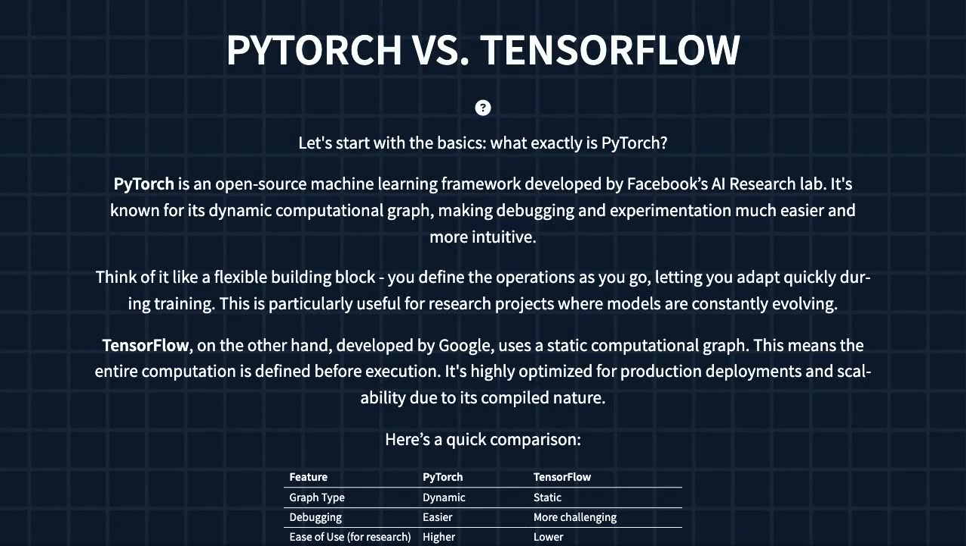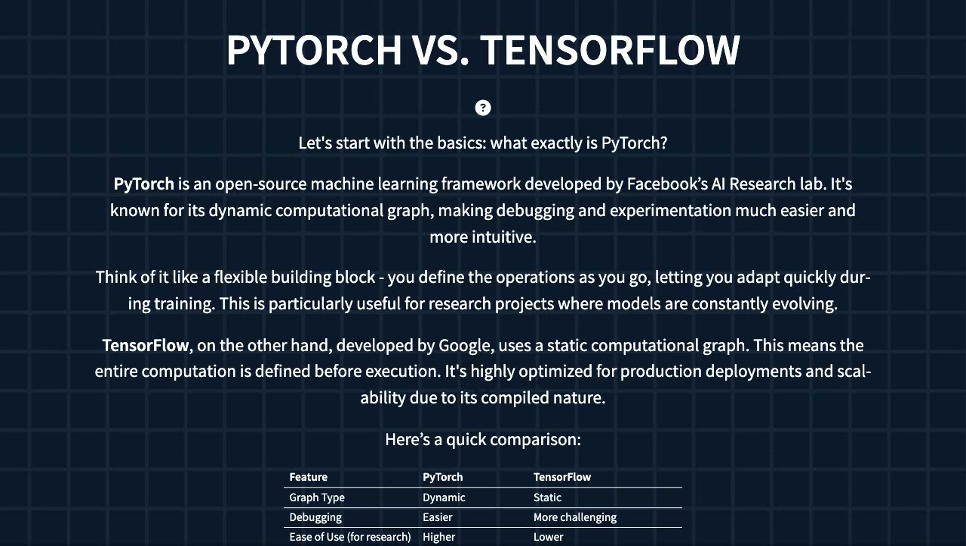Okay, let's dive into PyTorch and how it stacks up against TensorFlow. PyTorch is a really popular open source machine learning framework. Think of it as a toolbox for building AI models. What makes it stand out? It uses something called a dynamic computational graph. This means you build your model step by step, kind of like constructing with Legos as you go. It's fantastic for research because if you need to tweak things or try a new idea, it's super easy to